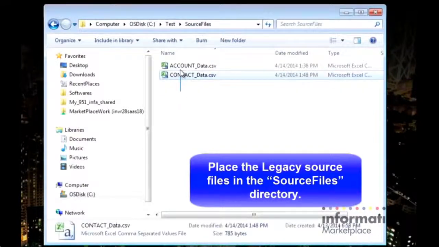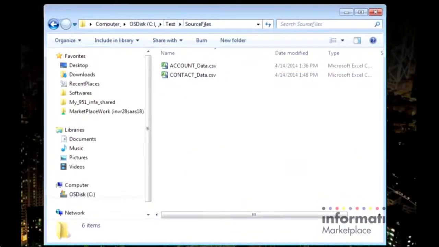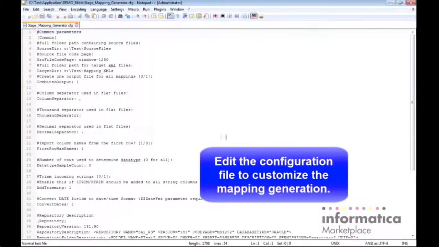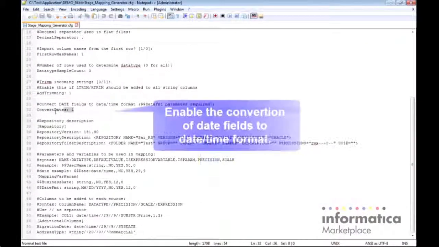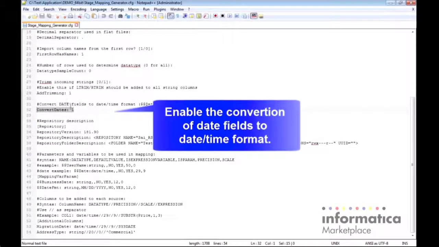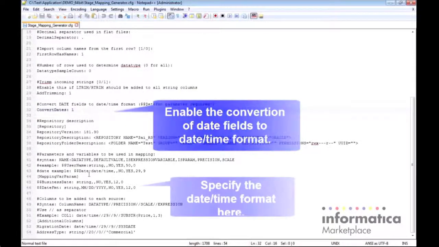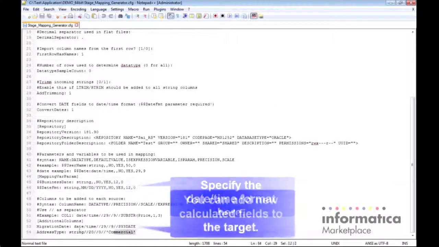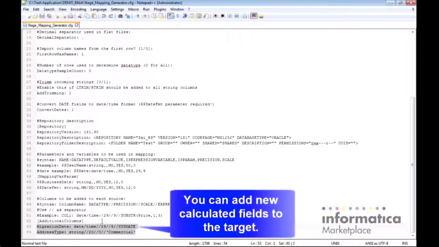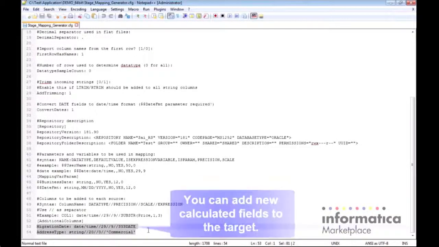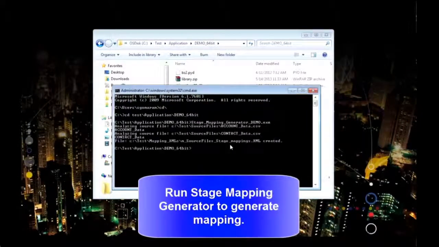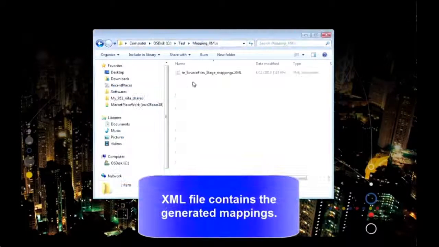In this case, we have our source files, our contact data and our account data, which are CSV files. The first thing I'm going to do is customize my configuration file. I might want to do some date conversion on this flat file, and I might want to specify the date-time format that I want in my target here. And then I want to add a couple of fields that tell me when I imported this data and what some of the address types are. So now I can run this, and it'll actually create the XML